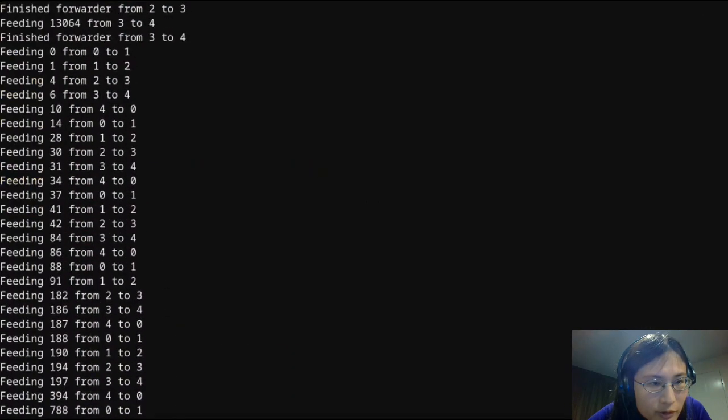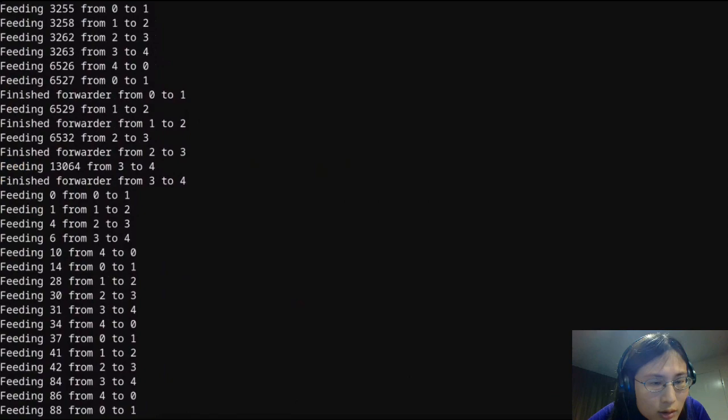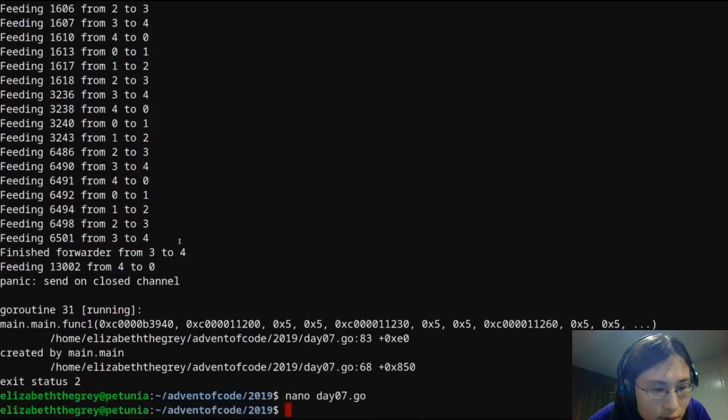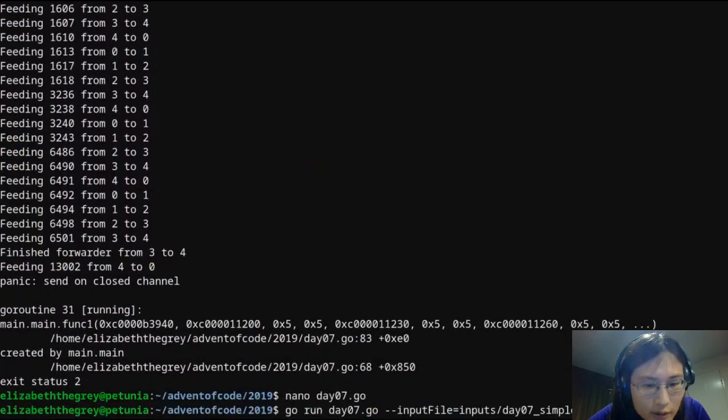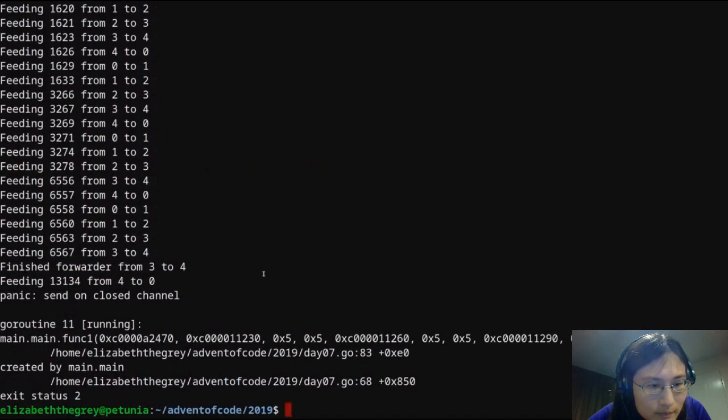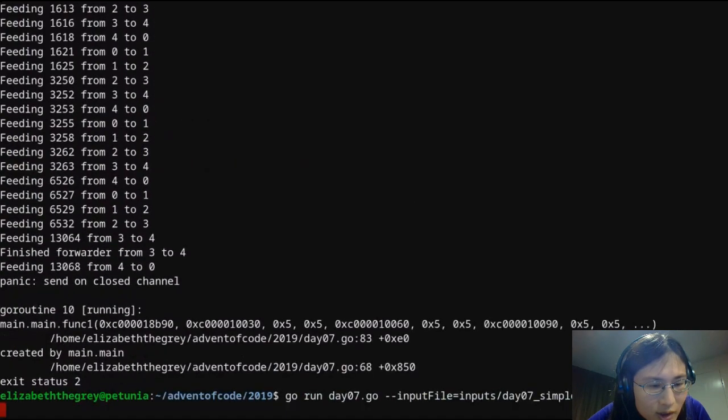Finish shorter from 3 to 4. Yeah, okay, now that's correct. So why did this finish early? And it's not failing consistently either.